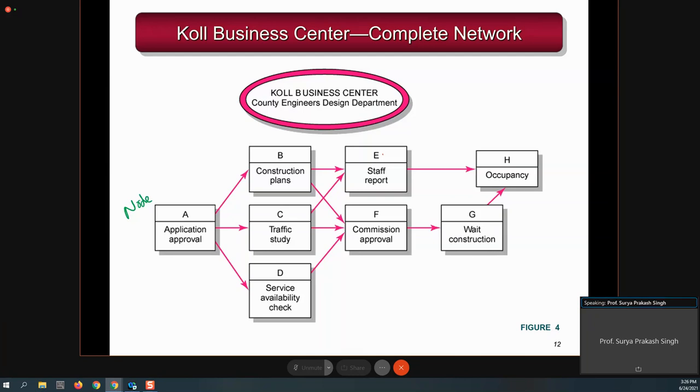And same thing you can do with the last activity. If you see this diagram, H is the last activity which is going to be over, A is the first activity which is going to be started, and after H there is no more activity, and before A there is no more activity. So your project starts from activity A and it will end with activity H. In between A and H, there are many activities which have to be started and completed, and that start and completion time depends on various time estimates.